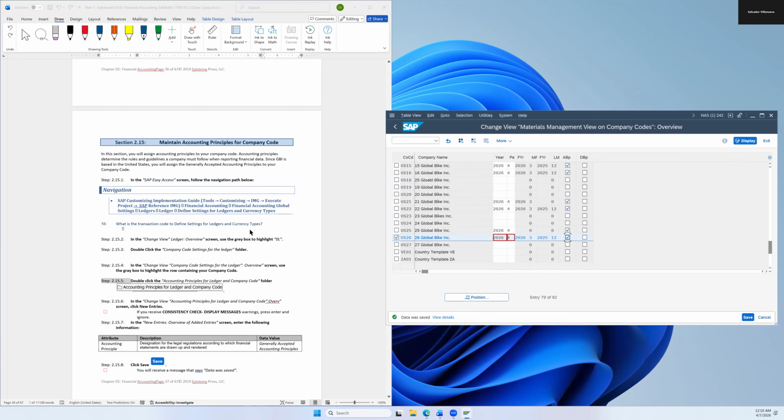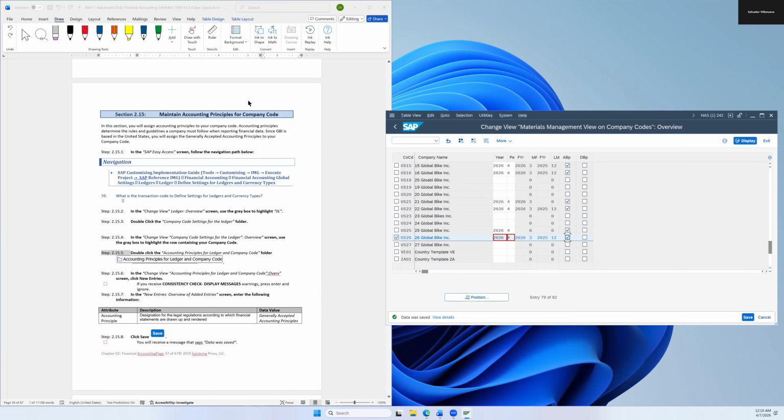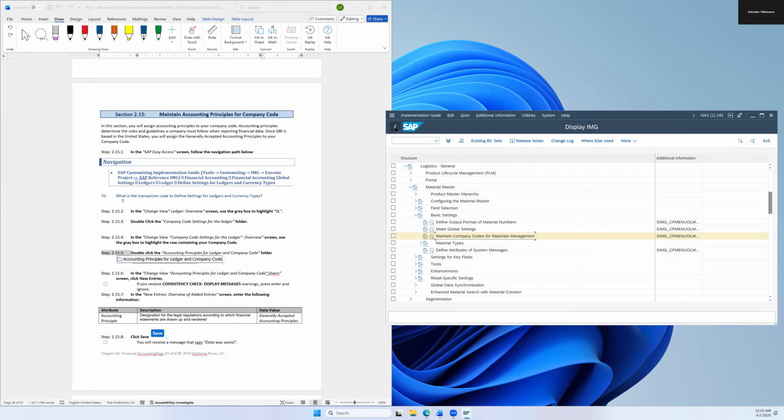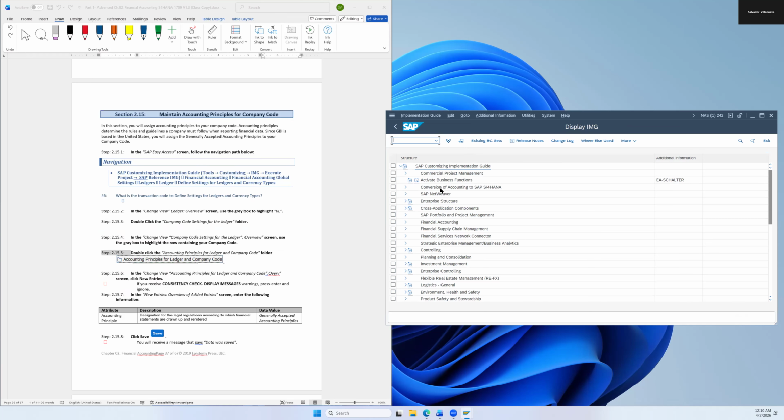And we're going to scroll down to this menu here, to the next step. You can read this section here for more information of what this step is for. And we're going to back up to this menu here again, type in SPRO to get this menu. And we're going to go to SAP reference image, financial accounting